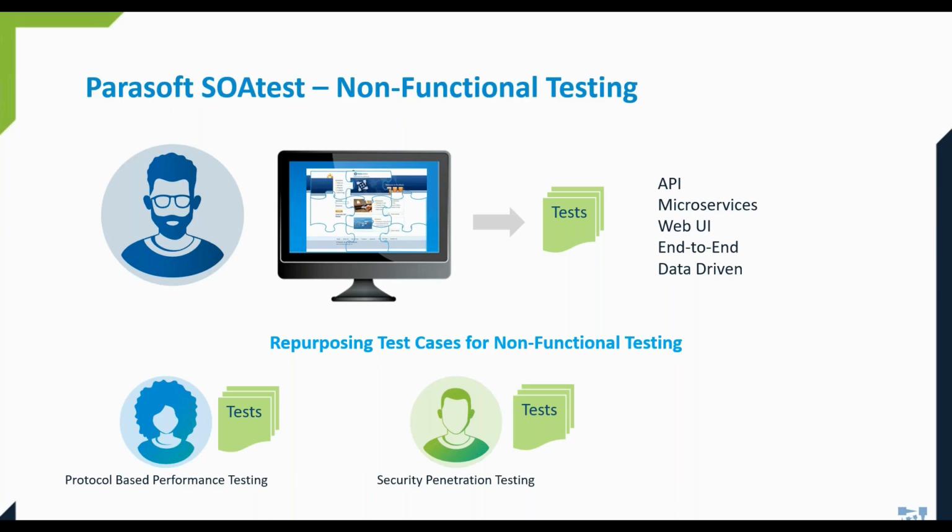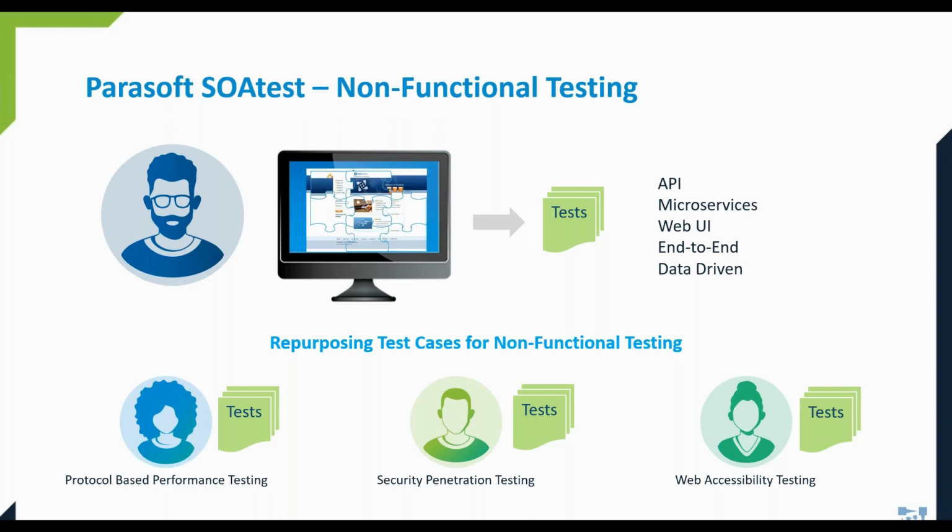Now, while most of today's presentation has focused on API testing, we did briefly discuss in the capability overview that SOAtest also supports web UI testing, and it offers a codeless record and playback strategy for test creation. Similarly to repurposing test cases for security or performance testing, you can repurpose those SOAtest web UI test cases for web accessibility testing, enabling teams to start looking for issues related to WCAG as a part of their QA workflows. This gives teams a head start in ensuring that they are building widely accessible applications,